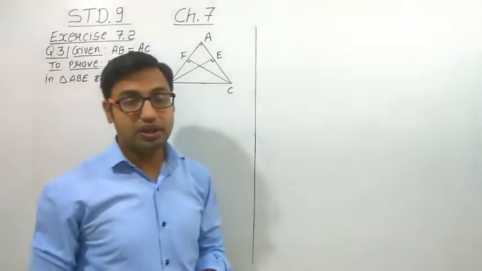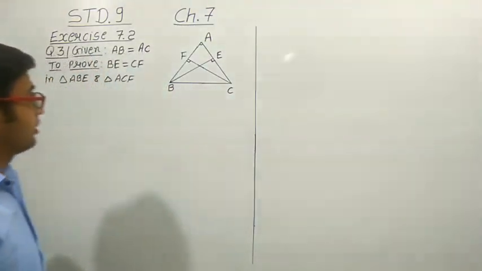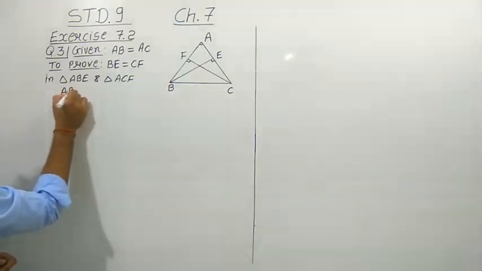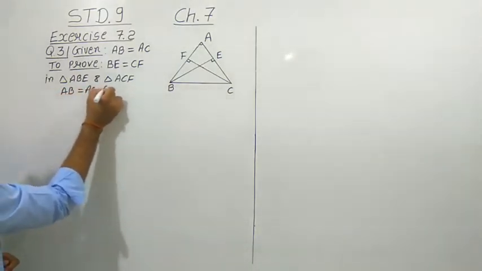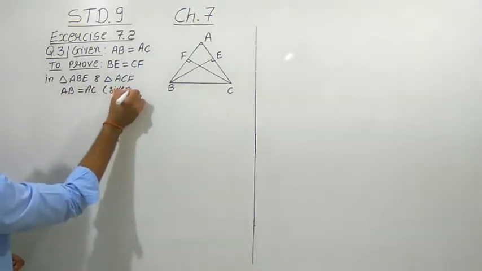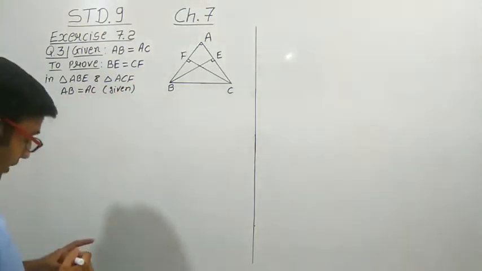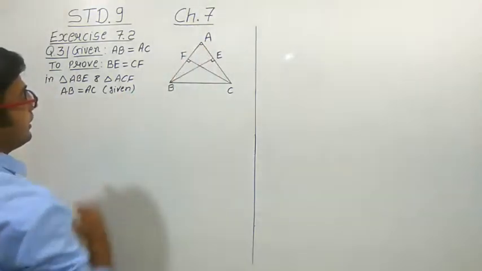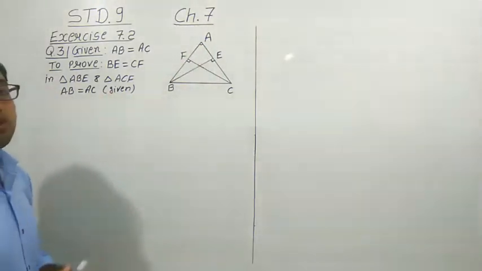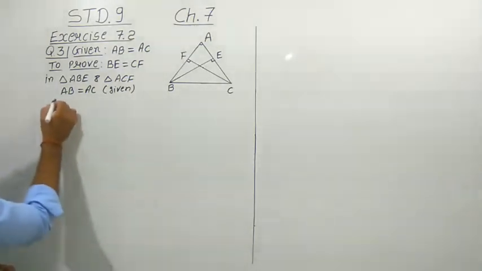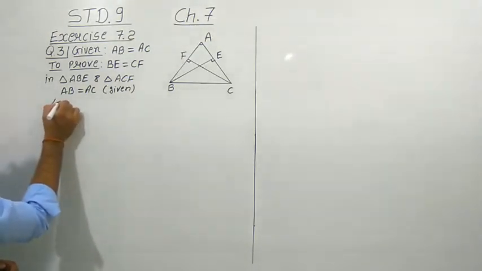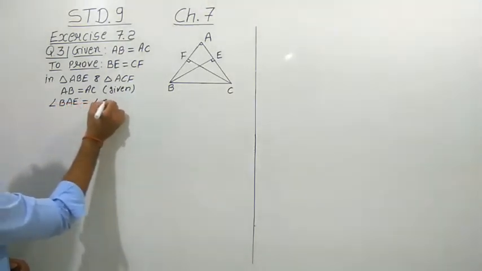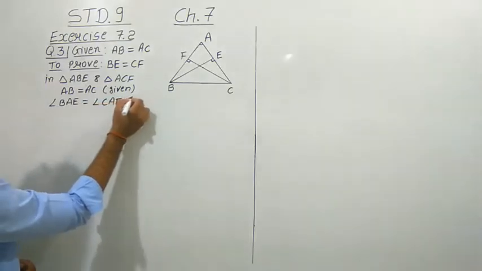Now we have to write down the three equalities in both the triangle. So first we can write down is that AB and AC are equal. AB side is equals to AC side. This we have already given. Okay. Now see angle A. Angle A is common in both the triangles. So we can write down that angle BAE is equals to angle CAF. This is the common angle.